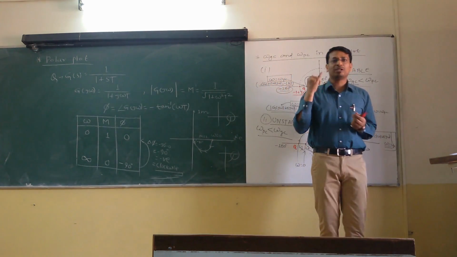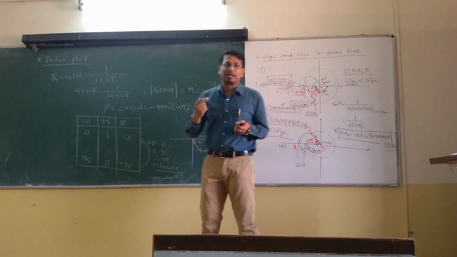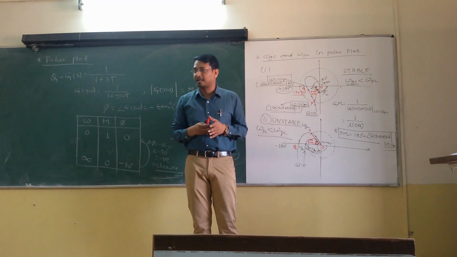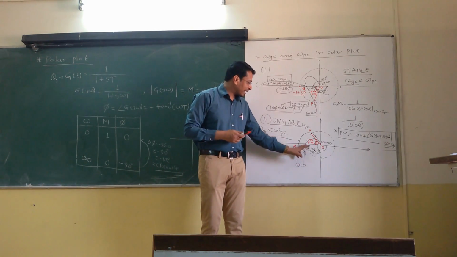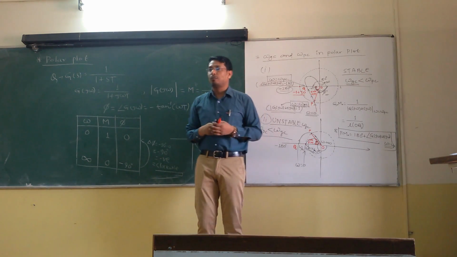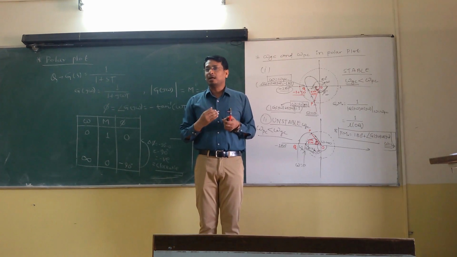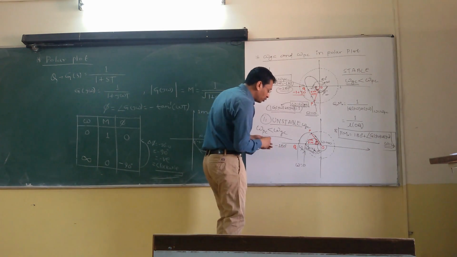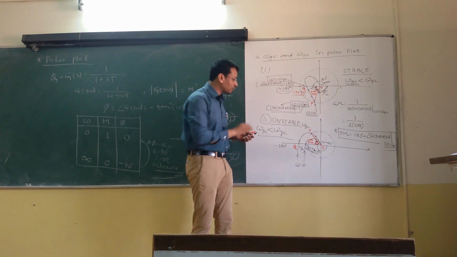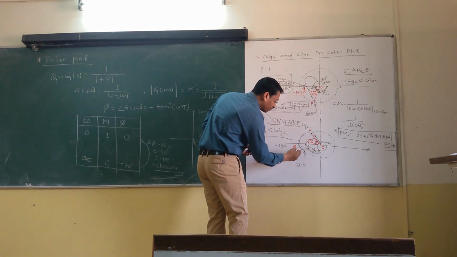Okay. So without tracing the circle of unit radius, you can say this -1 plus J0 point is very important in the analysis of polar diagram. Okay. So whenever your graph is going to enclose -1 plus J0 point, you can say your system is going to be unstable. By the meaning of enclosure is that when you are going to move from omega is equal to 0 to omega is equal to infinity, if -1 plus J0 point lies to the right side of this,